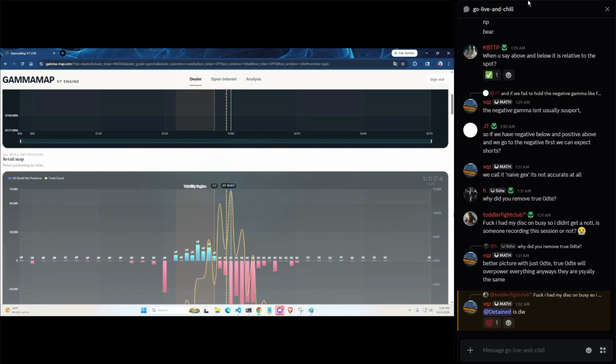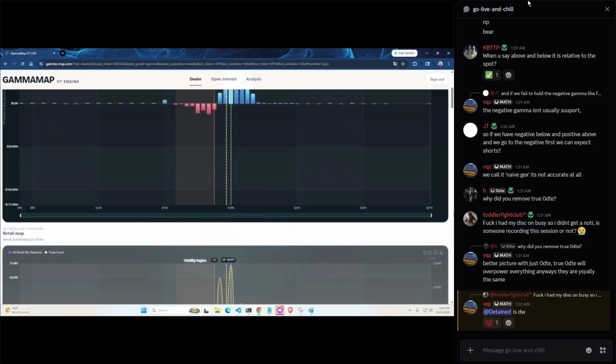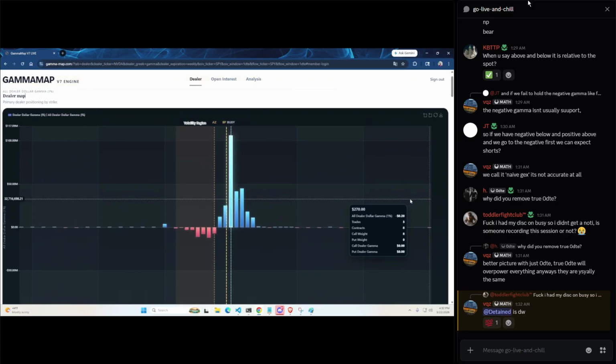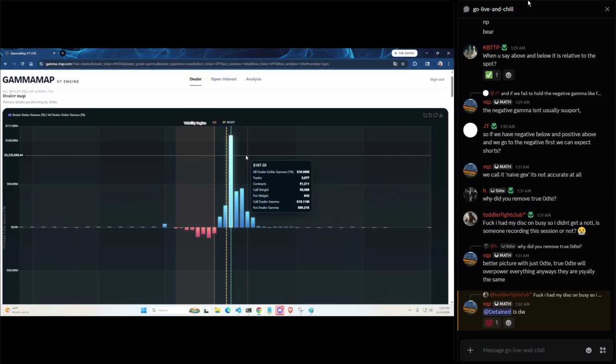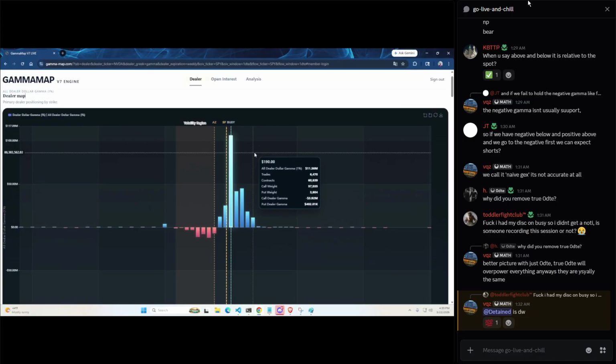Can you go up and stay on the GEX paradigm a little? I want to just say something. JT, you said if we see this picture, would you want to go short? No. The market is going to do what the market wants to do, right? But what we know from this picture is that we're mostly going to be bullish. This picture screams bullish. I'm not going to take any shorts if I see this on ES or anything.